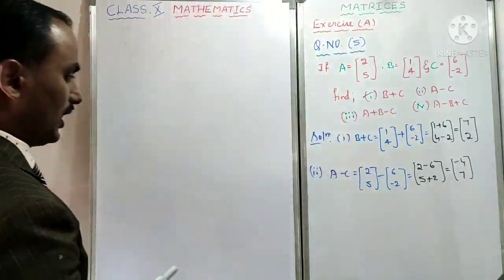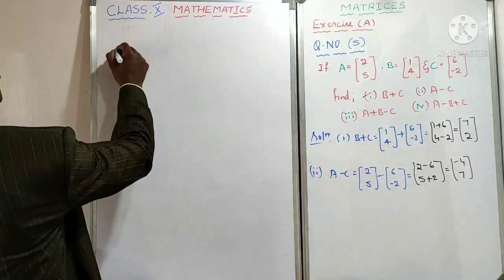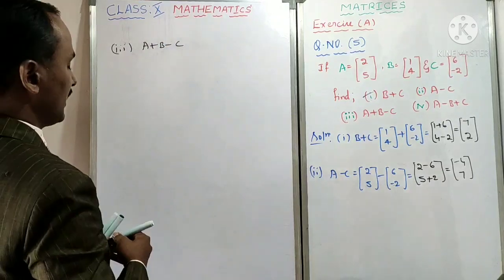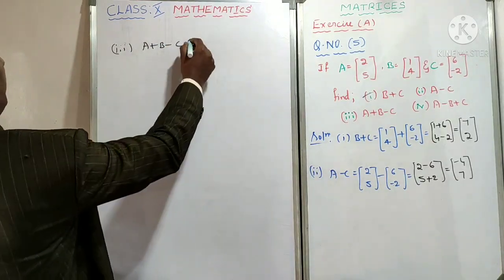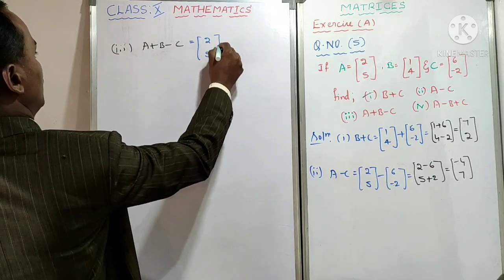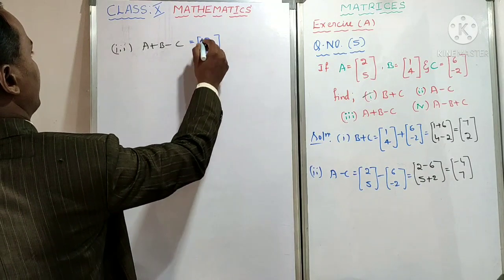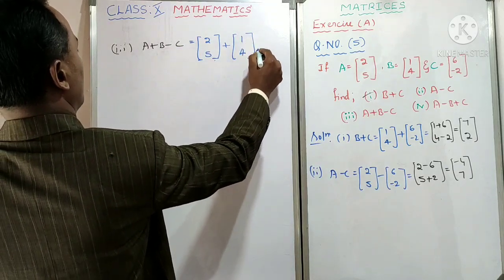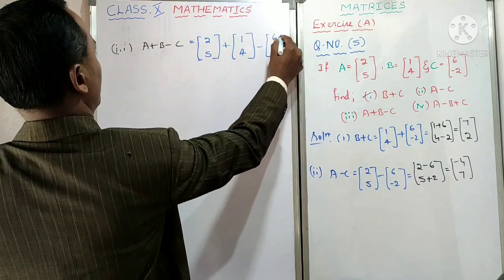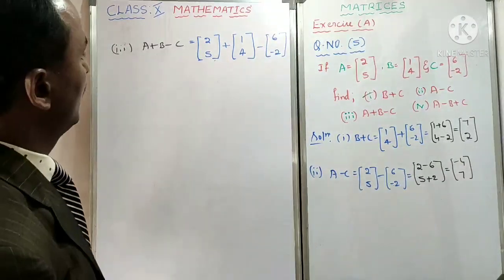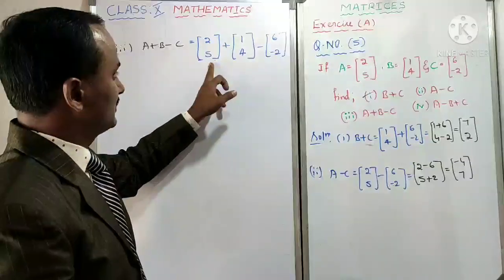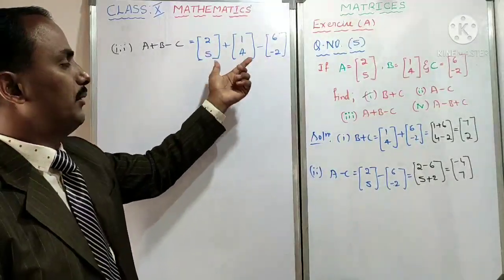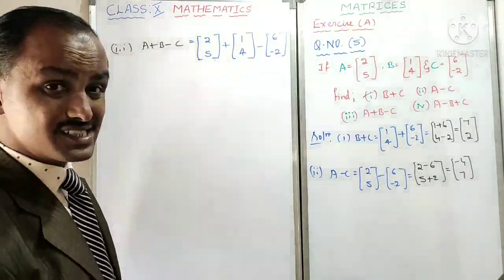Okay. Now the third one, what happened? It is a little confusing step. This one here. I will write down A plus B minus C. I will write down the matrix C elements. What are they? Matrix C elements 2, 5. Use a rectangular box neatly. Okay. Now plus matrix B elements 1, 4, minus matrix C: 6, minus 2. Here, these two. Shall I do addition? Otherwise, an easy one more step. It is possible to write the three matrix elements directly with respect to sign. Okay, shall I do that method?